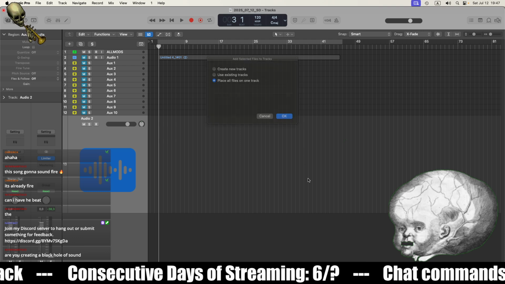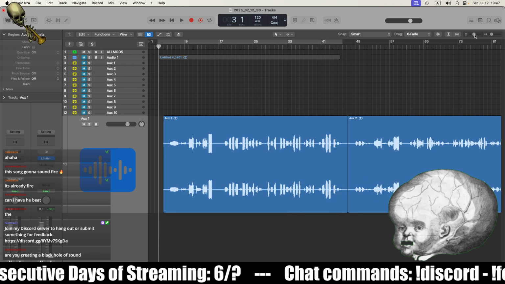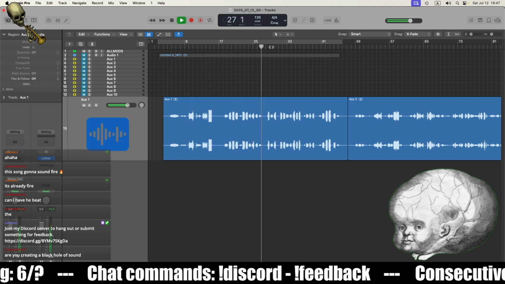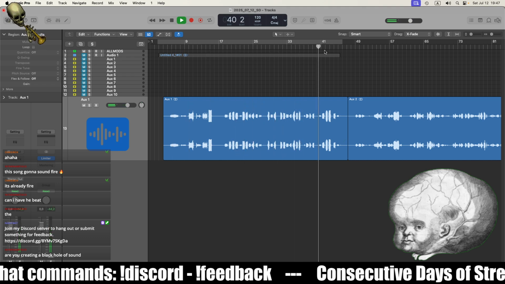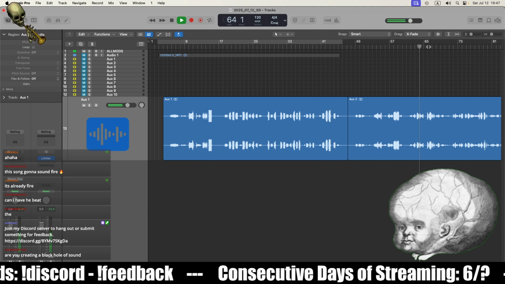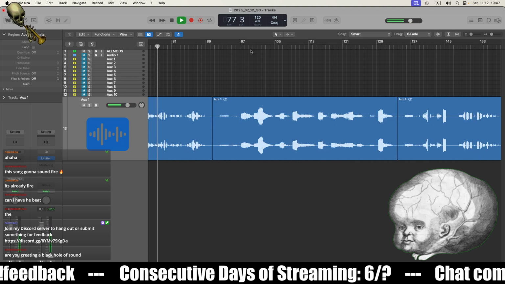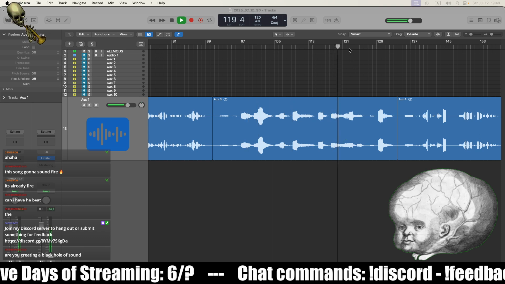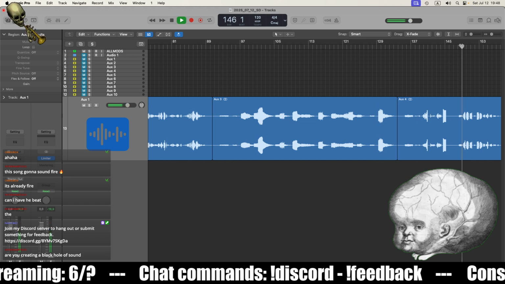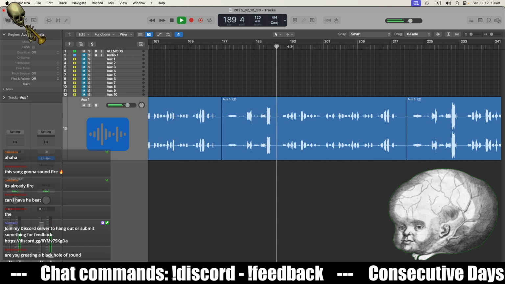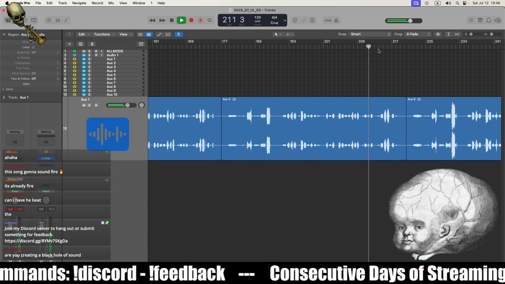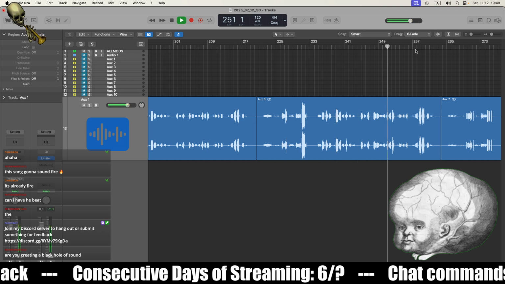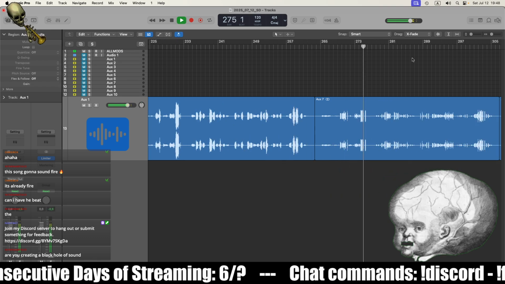Place all files on one track, and now I should have like eight quadrillion sound effects.